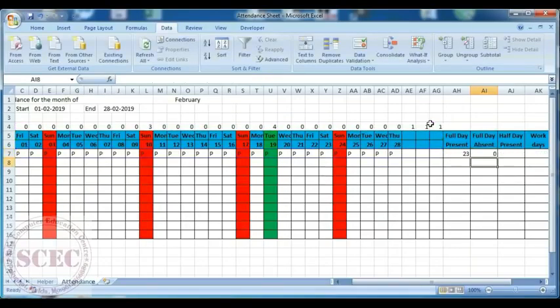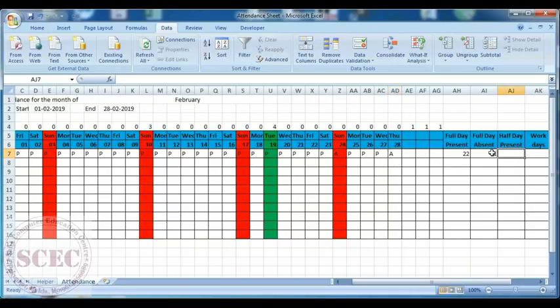Then bracket close, enter. There is no absent. If I put absent here, it will count as 1. But if we put A in Sunday, it will not count. Here you can see there is 2A, but this count is only 1.